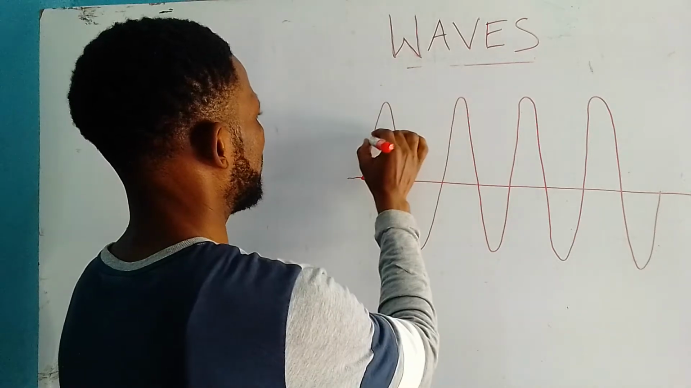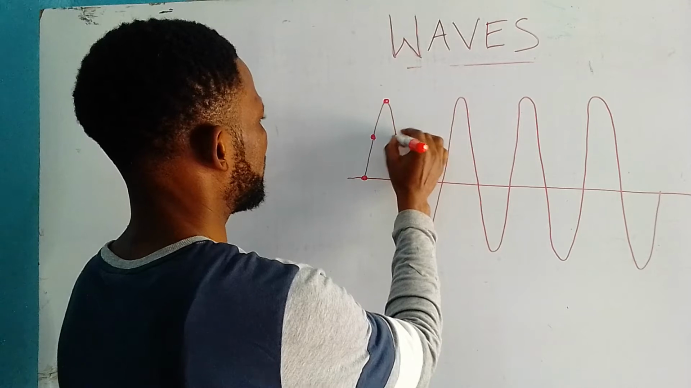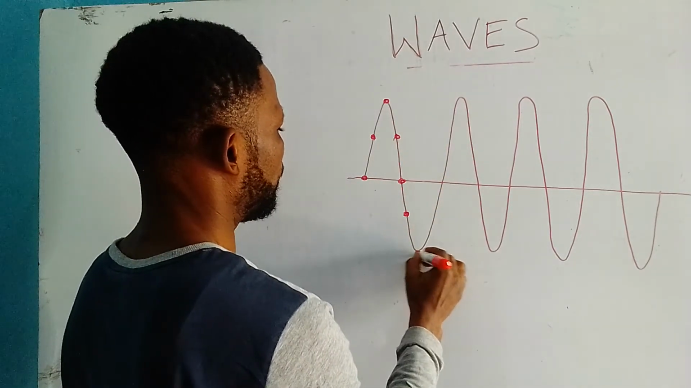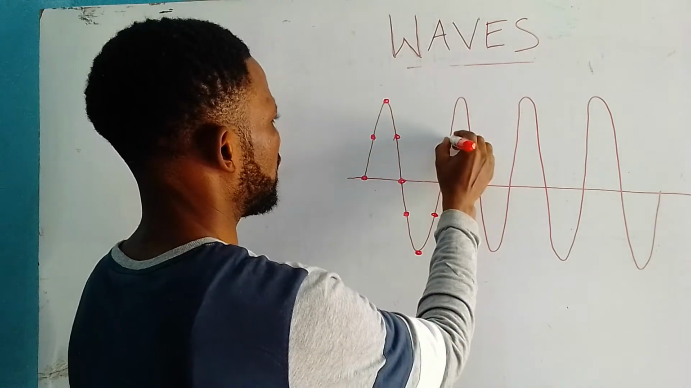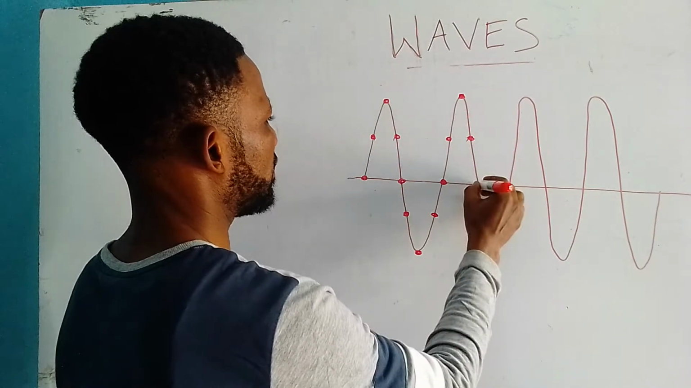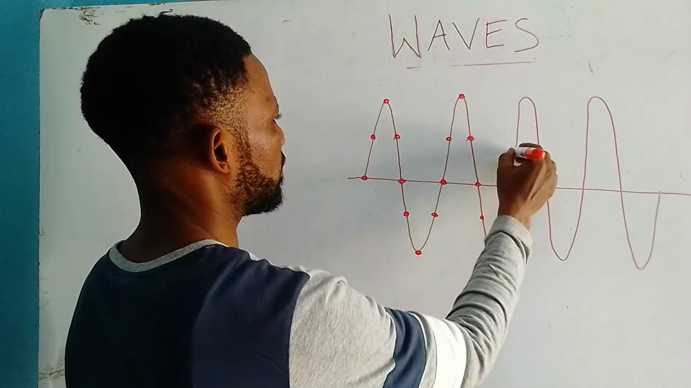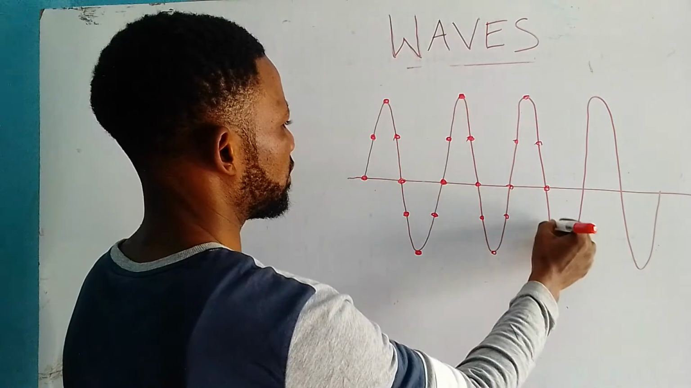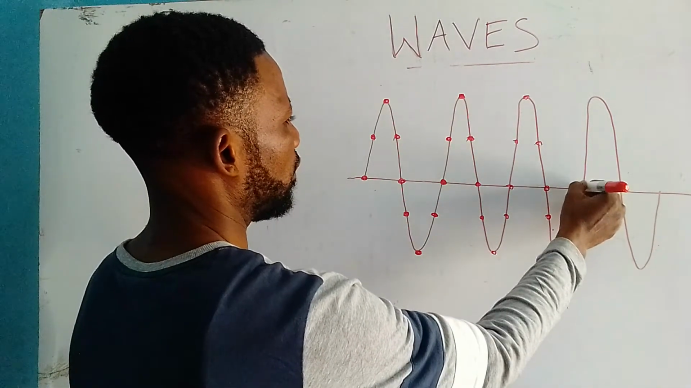Particle 1, A, B, C, D, E, F, G, H, E. This is another particle, yes. These are vibrating particles. Consider this to be vibrating particles along the wave